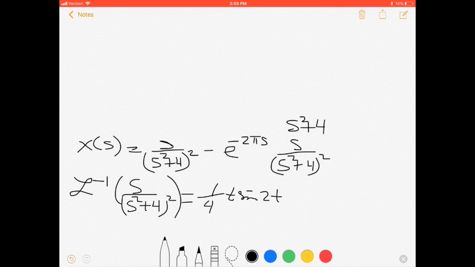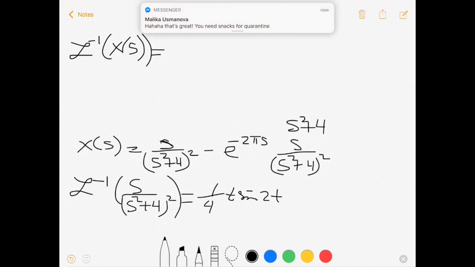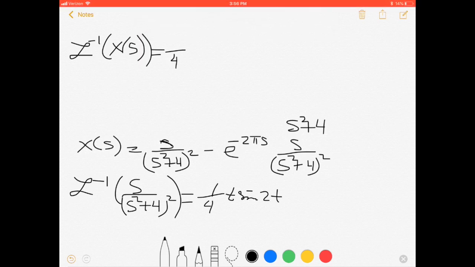Inverse Laplace transformation for X(s) will be 1/4 t sine 2t,